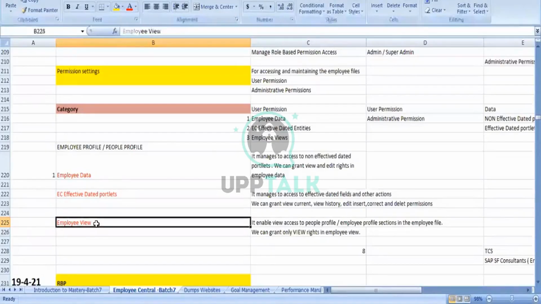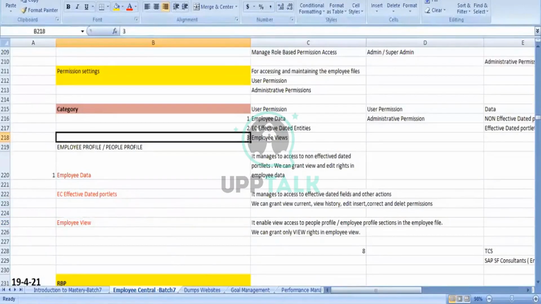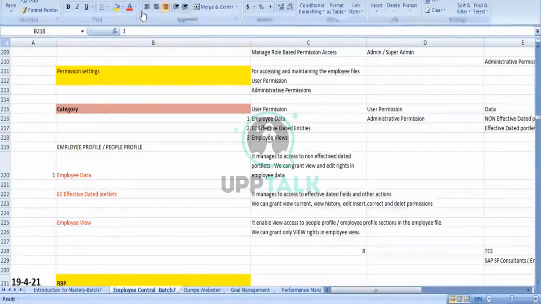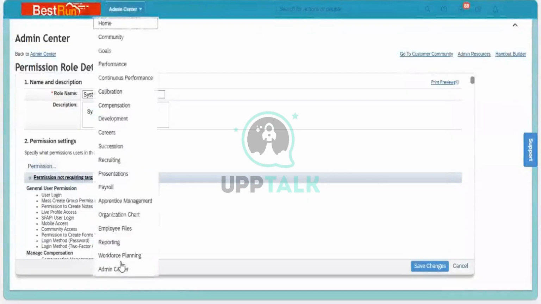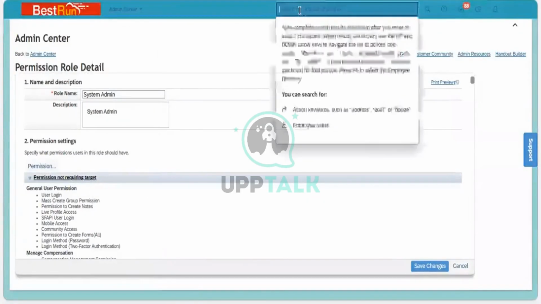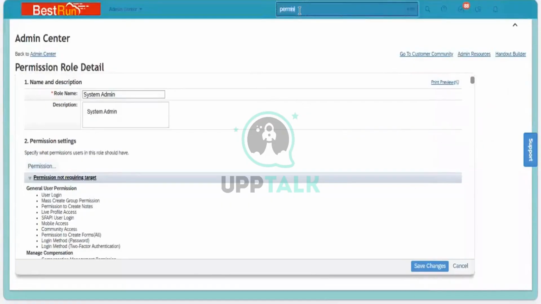Let's look around this as our first step towards learning. And now let us go into the permission group. Again, when I go back into the system, and when I go here, I can go again from the admin center, but there you can also find the managed permission group. If I go to permission group from here,